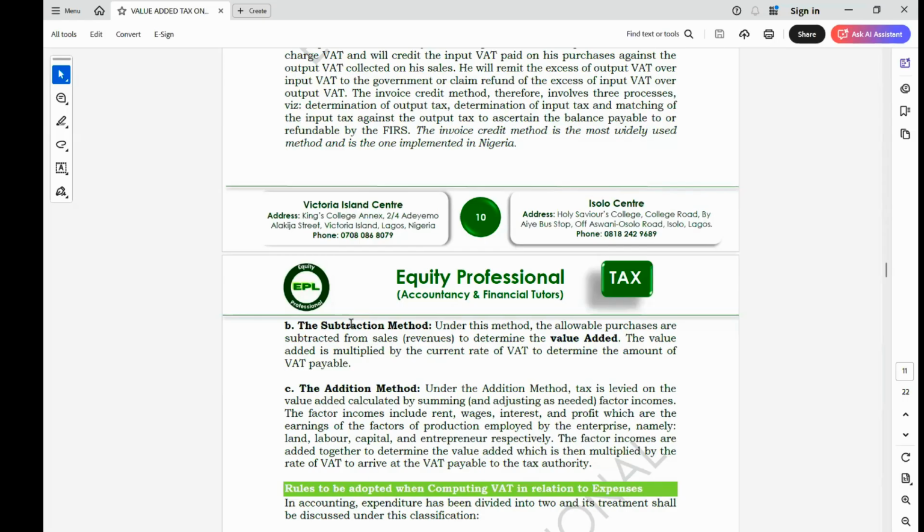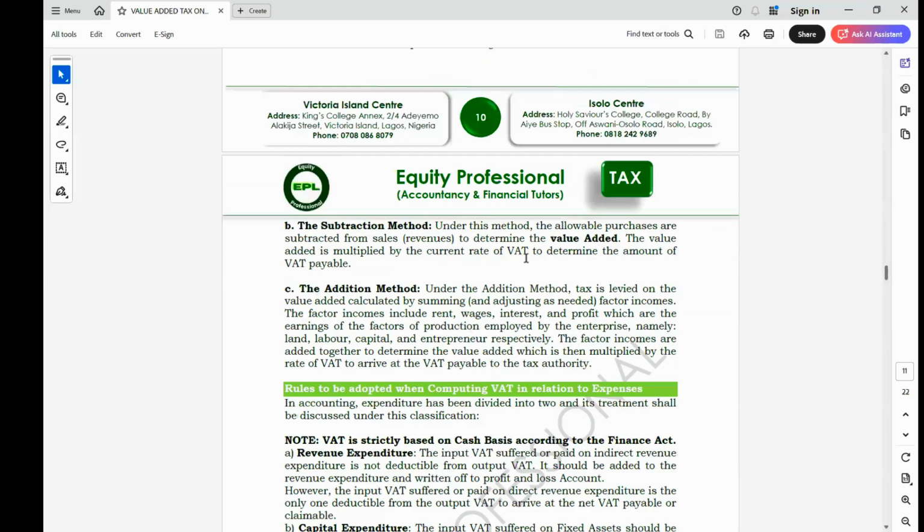The value added tax. Under normal circumstances, when you have the same question, if you adopt the invoice credit method and the subtraction method, these two methods will give you the same answer under the same scenario. Both the invoice credit method and the subtraction method will give you the same answer. But please don't adopt the subtraction method in the exam where the examiner did not specifically ask you to adopt